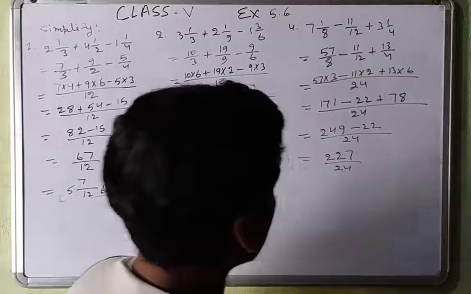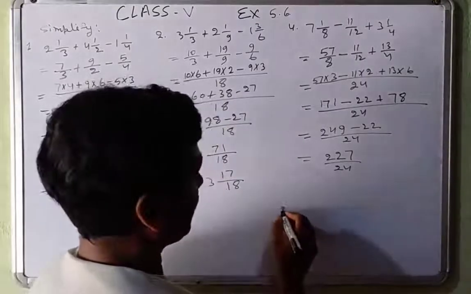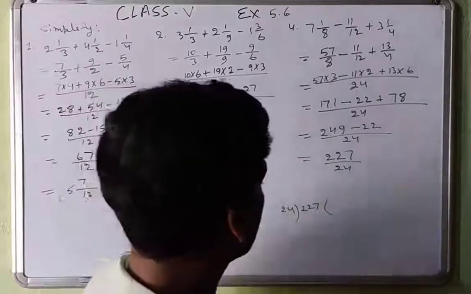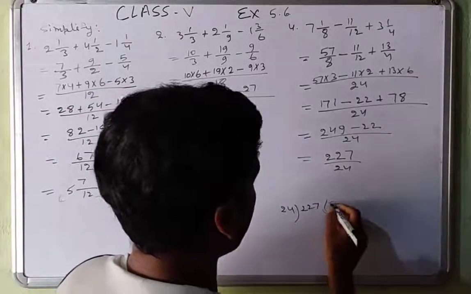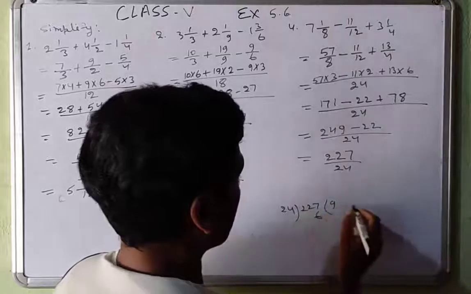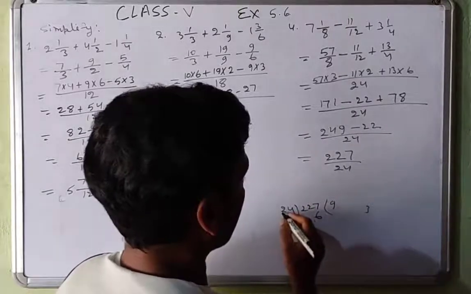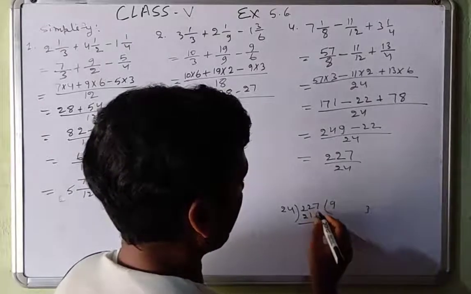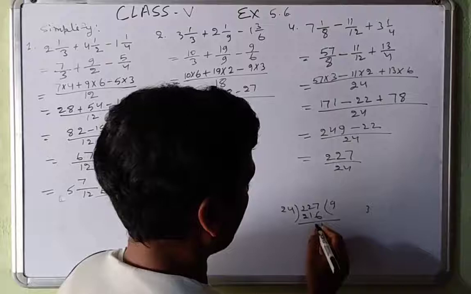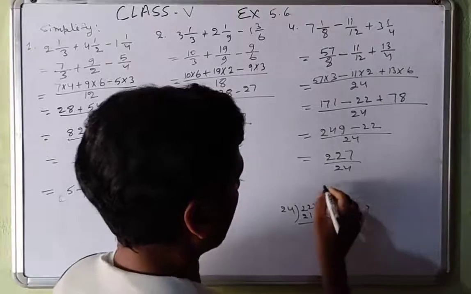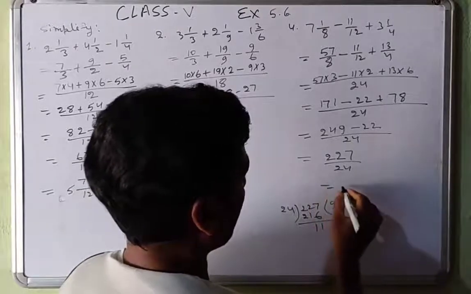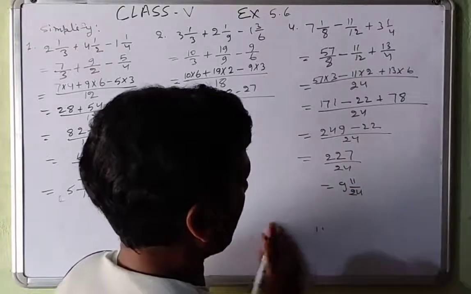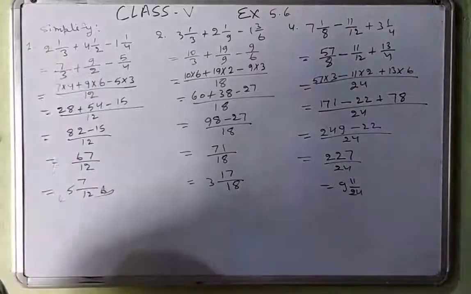And then how will you write it in mixed fraction? This is just difficult to write in mixed fraction. So see how many times it goes, 9 times. 9 4s are 36, carry 3, 9 2s are 18, 19, 20, 21, and then 17 minus 6, 11. So in mixed fraction that will be 9 whole 11 upon 24. 9 whole 11 upon 24.